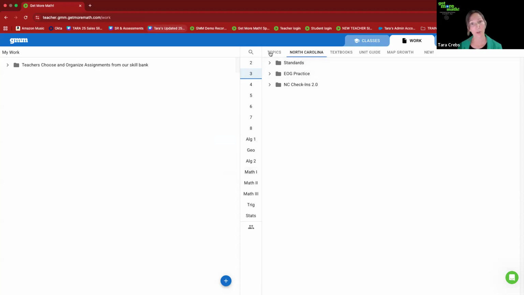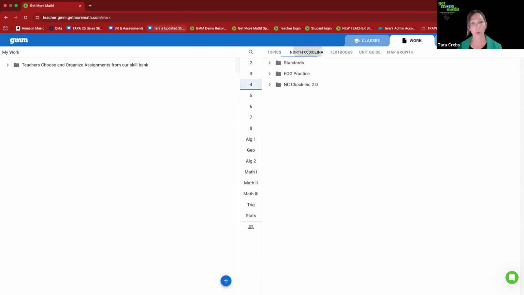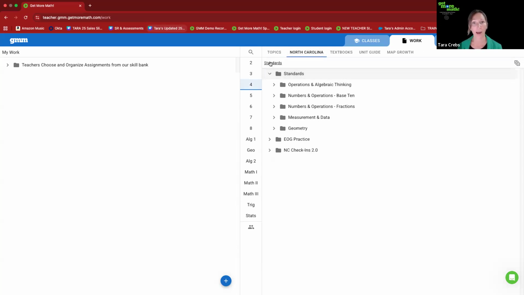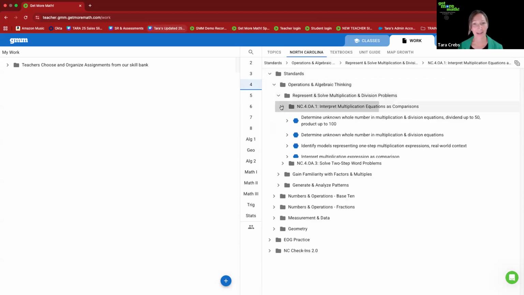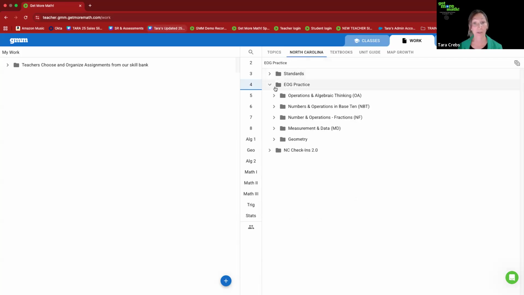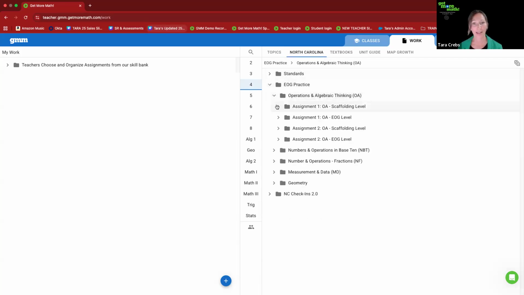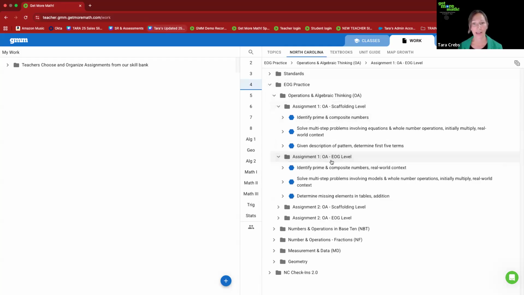You can view those skills by any of these headers up at the top of the screen. One of the ways is by topics, and that's organized by grade level. We also have North Carolina specific collections, and this is where you can view our skills based on the standards for North Carolina. So you can find skills directly related to particular standards, or you can look for specific end of course practice based on a scaffolding or grade level